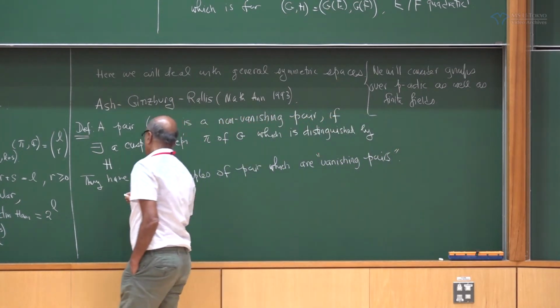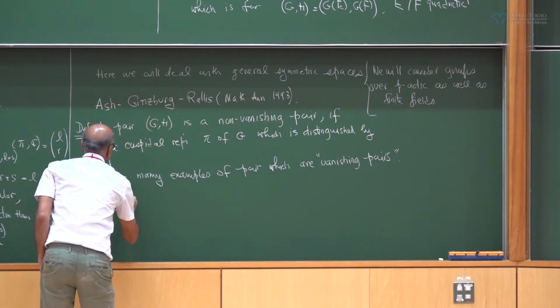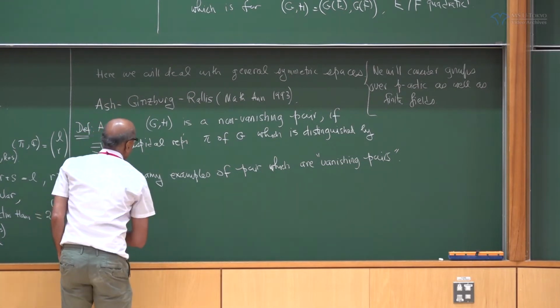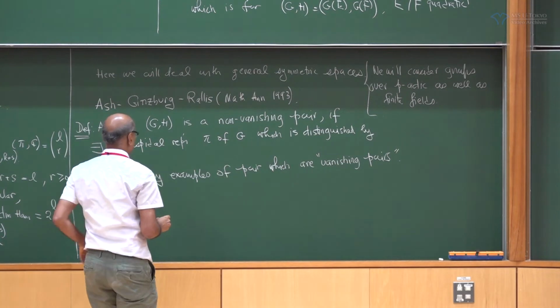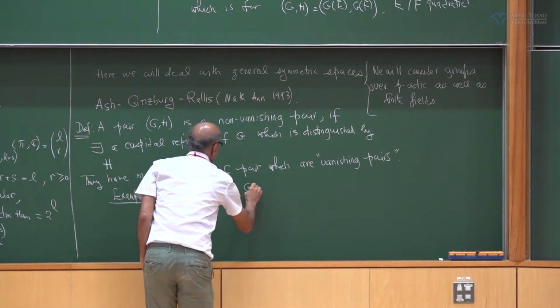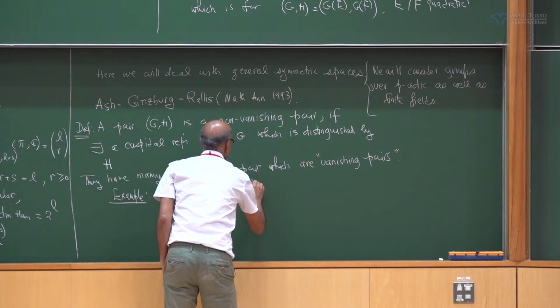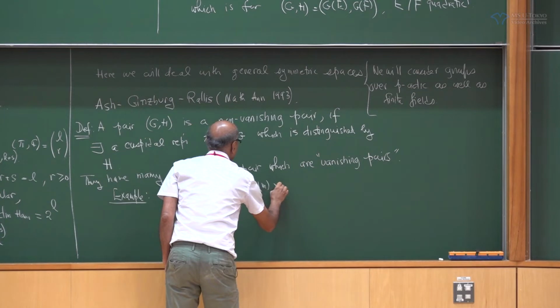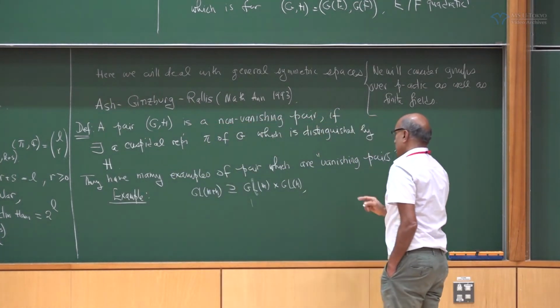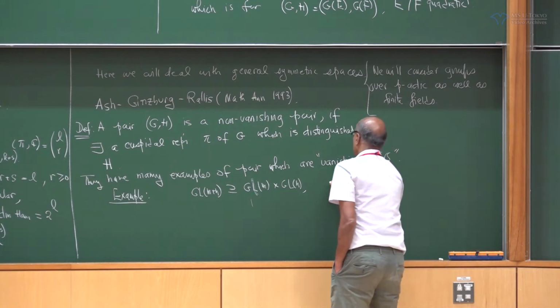So maybe just to begin, let me give you an example. So in the case of GL_n, if you look at GL_(m+n), which contains GL_m cross GL_n, then this is a vanishing pair,